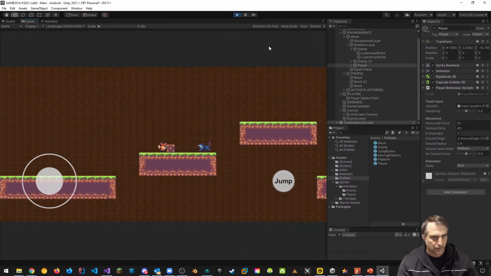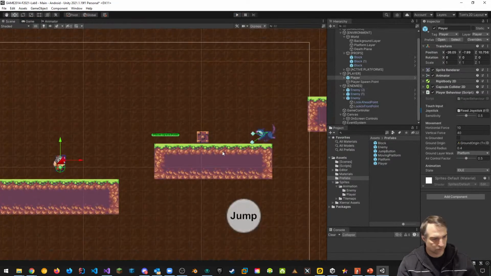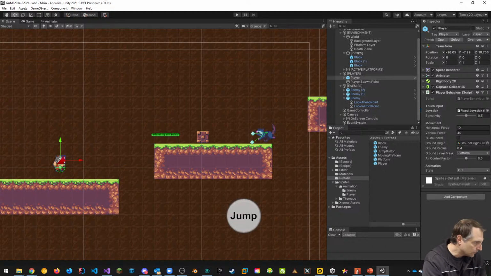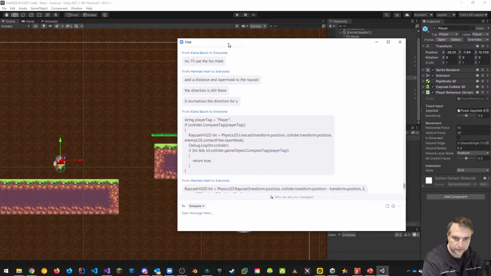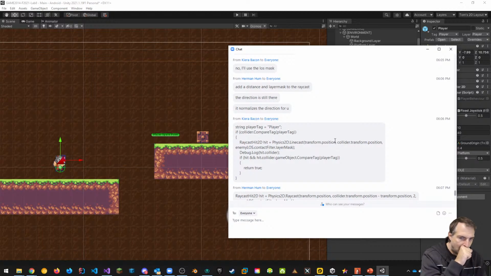It's got to be fixed. So, okay, so that's pretty cool. That would work. So what Kira suggested was something very similar. And let's see if I can share the code from the chat. So this is what Kira suggested right here. So player tag is player. I like this because then you're not checking the compare tag multiple times. That's good. If collider compare tag player tag, then you're using a physics 2D line cast with a hit, which